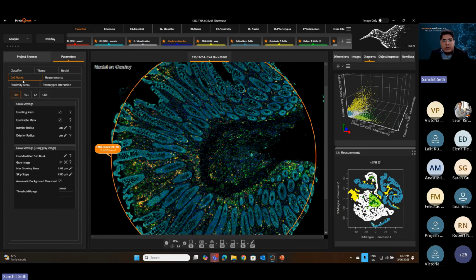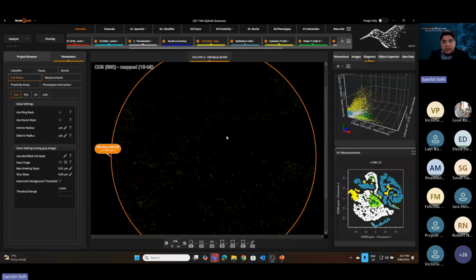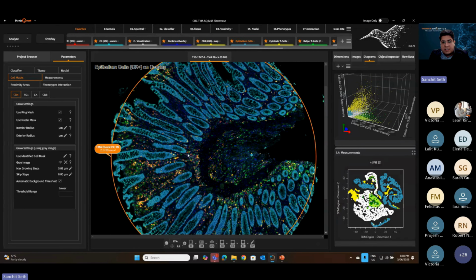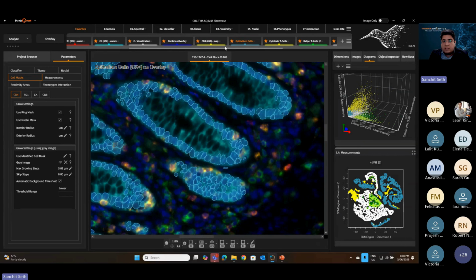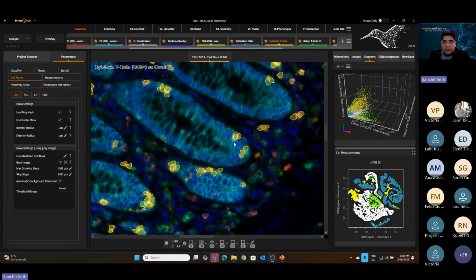Similarly, when you want to do the cell masks, you don't have to go to post-processing steps again. You can just go into parameters. You want to create a cell mask for CD4, PD1, CK, and CD8 because all four of them are cytoplasmic markers. So what you see is basically epithelial cells identified for the CK positive ones, and then cytotoxic T lymphocytes, helper T cells,